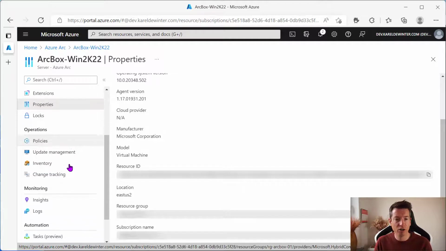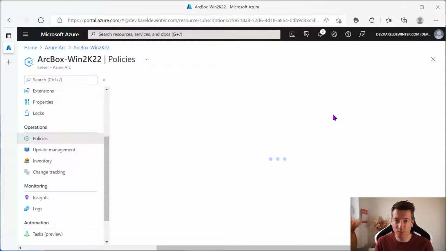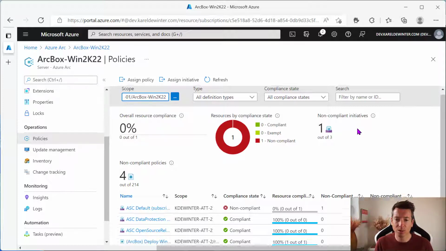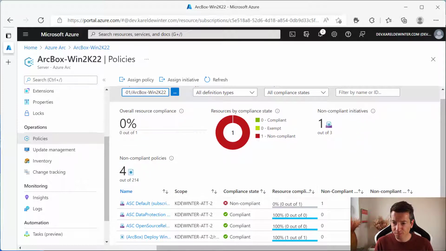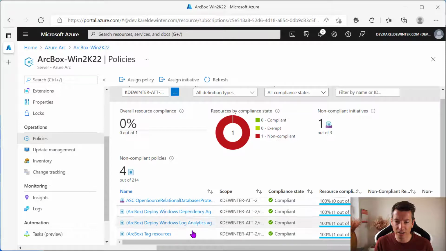If you go to operations in the left side, you will see that you can assign different policies. Azure Policy is a mechanism that has built-in policies, but also you can build your policies on your own. That's called custom policies. If you have custom policies, then it will provide you with the same assignment that you can do with those built-in policies. Here I have only 3 assignments that are assigned to the specific resource group that my Azure Arc